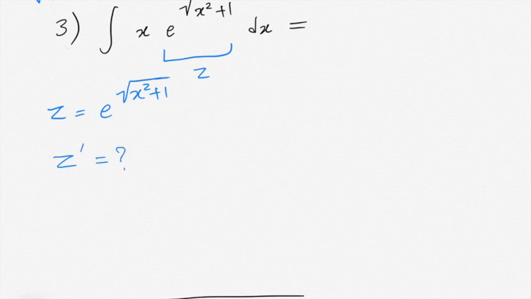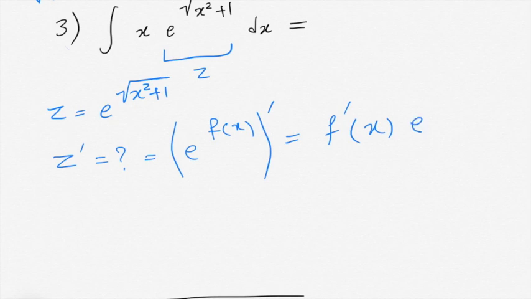So what is z prime? Z prime, you can write it as e to the power of a function of x, right? And if you take the derivative of this one, it is equal to f prime of x times e to f of x, right? Therefore you ask, what is the f prime? So f prime of x is equal to